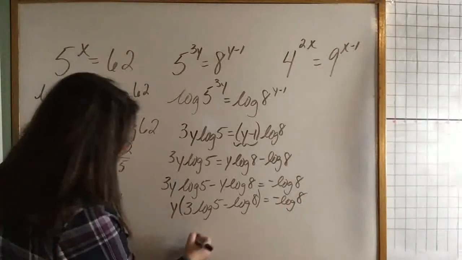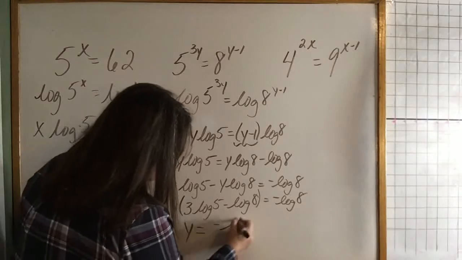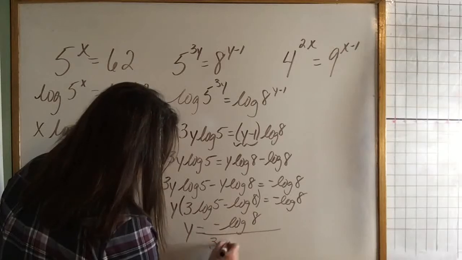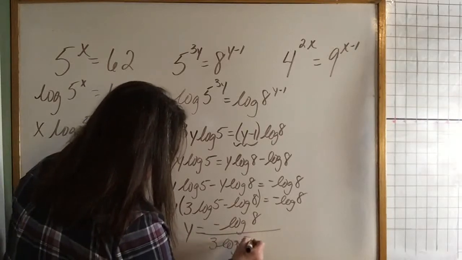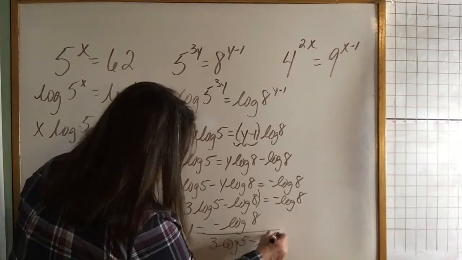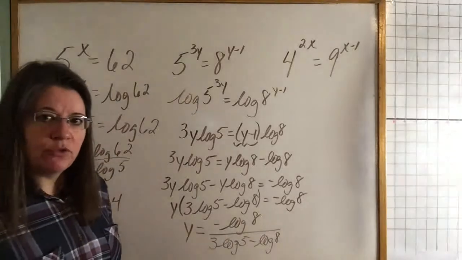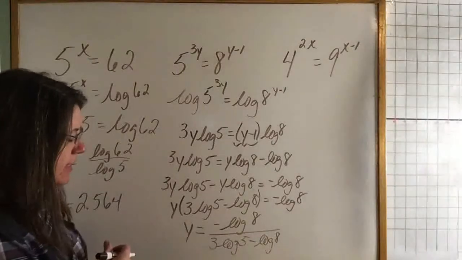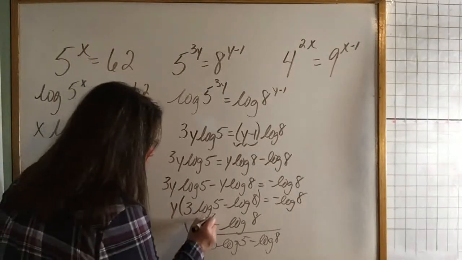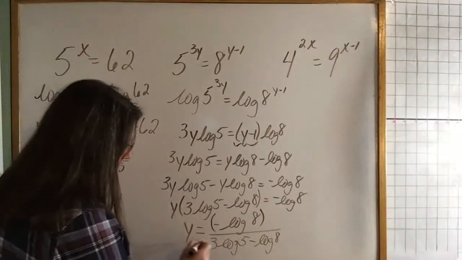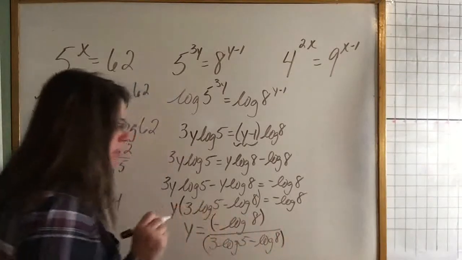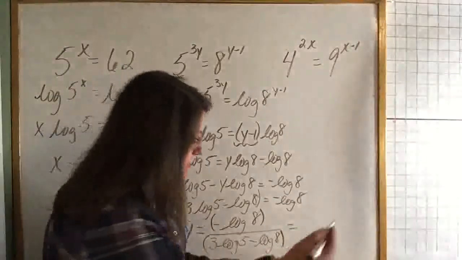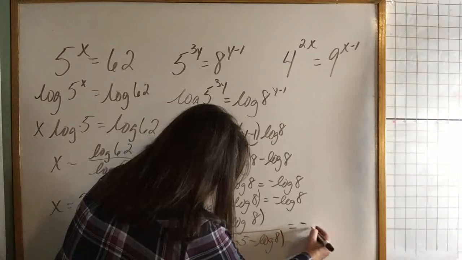And I can divide by everything that is not y. So y equals negative log 8 over 3 log 5 minus log 8. I would then go to Desmos and plug this into Desmos to get my answer. When you plug something like this into Desmos, you do need to make sure you put parentheses around the top and parentheses around the bottom so that you can get the correct answer. So when I do that, that gives me a negative